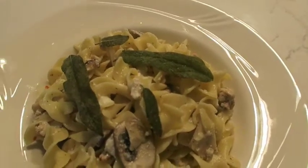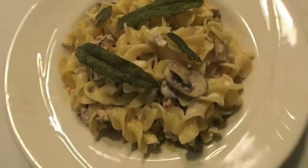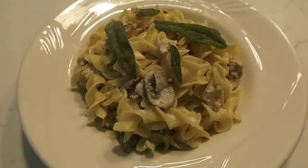Hi guys, today I'm going to show you how to make a gourmet chicken pasta. For the ingredients, you're going to need about 12 ounces of your choice of pasta,